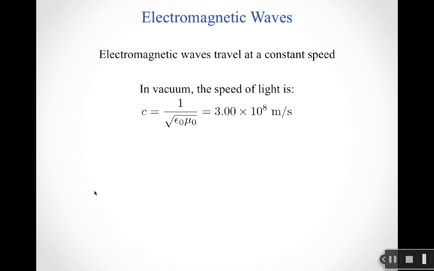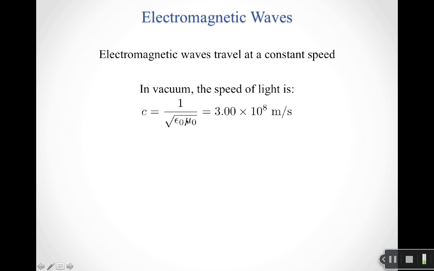So electromagnetic waves travel at a constant speed. In vacuum, that speed is given by c. This is the same c that you know from the equation E equals mc squared. c is the letter we use to represent the speed of light, and it comes from 1 over the square root of epsilon naught, our electric constant, times mu naught, our magnetic constant. So the fact that you can calculate c straight from the two constants